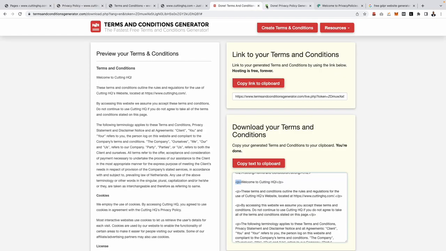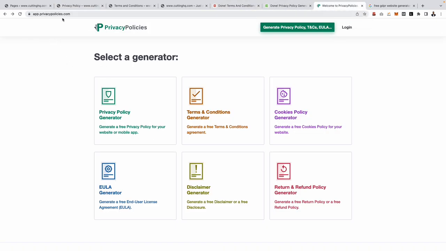If you do not want to use these free generators online, then this is the website I recommend you use. It's called app.privacypolicy.com. I will link to this in the resources as well, but this is a really good solution which is custom to your specific business and website, and it is a paid solution. I believe the prices are around $60 per one you generate,